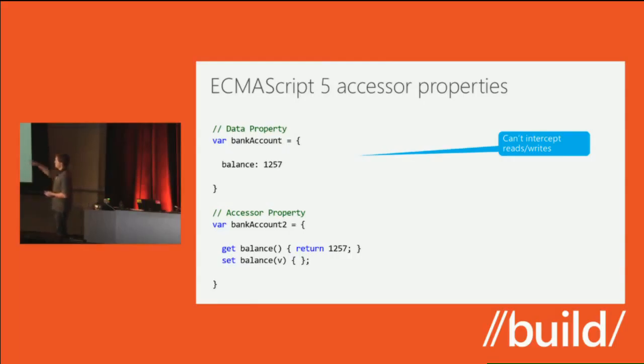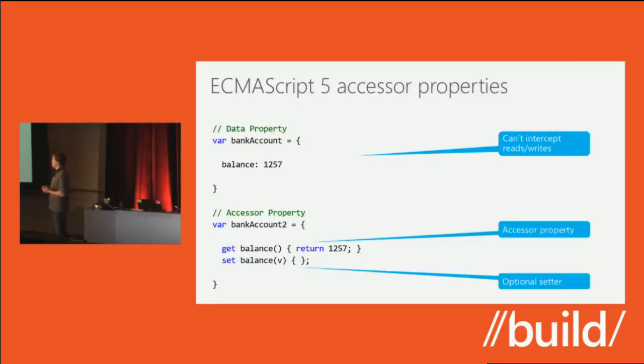But when I set it, it's actually not going to do anything. It's just going to ignore the attempt to set it and not actually change its value. And so what this allows me to do is actually intercept calls. So I can run some code when someone gets the value, and run some code when someone sets